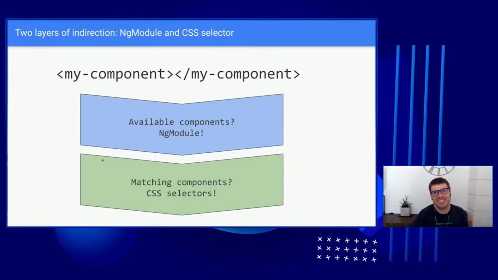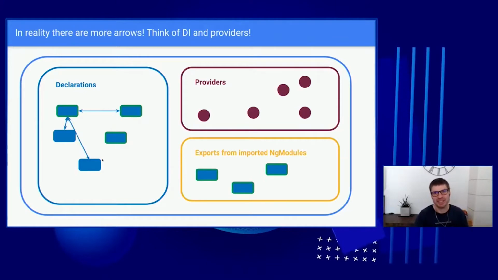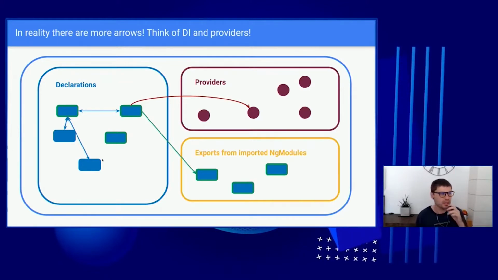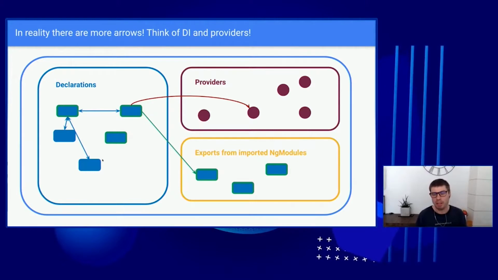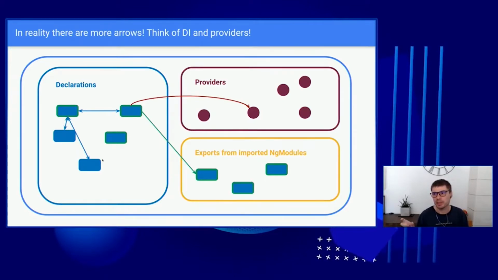But that's not the end of the story. In reality, the NgModule story is more complex than this. We talked about declarations and how we are friends in declarations and everyone sees each other. We talked about how you can make groups collaborate. But also Angular has this concept of dependency injection, and the NgModule has this field called providers, right? Which means that you can specify dependency injection services. And one thing to notice here is that as soon as you specify a service in the providers field,